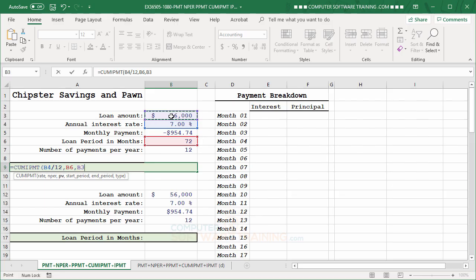Click on that, comma, okay, and then what it needs to know is the start period. Well, we want to start from period 1. So we type in the 1 there, a comma, and then we're going to click on to the B6 again, which is going to be right there, all right, comma, and then 0, and that'll take us to the end. So basically, we want to figure the interest between the beginning and the end, and that's what you have to do. Once you've done that, you can close off the parenthesis if you want to, hit enter, and